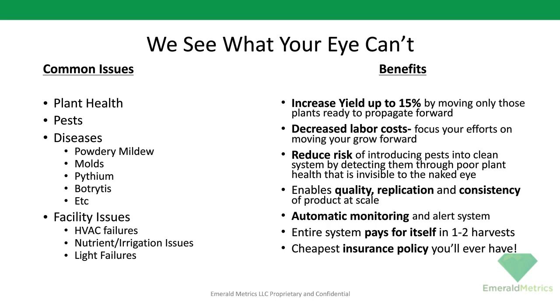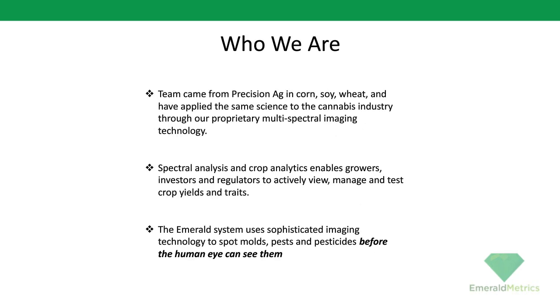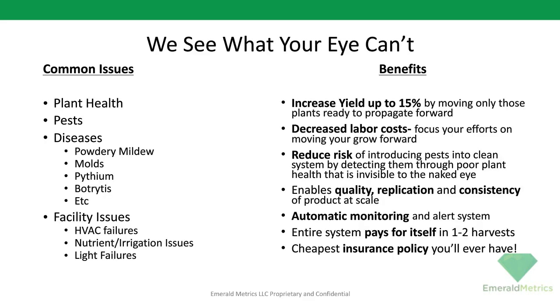If you're growing in a sea of green, we want to make sure that you're not forgetting about the plants in the middle. It's very hard to send your people into the middle of a grow operation, large sea of green, and get to the middle of your plants without moving a lot of trays, or moving a lot of tables, or possibly damaging plants by digging through them to get to the center. Our cameras are on top of the canopy looking down. By doing that, they enable you to see the areas that you wouldn't see otherwise,